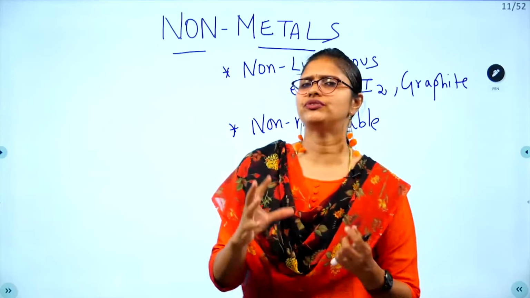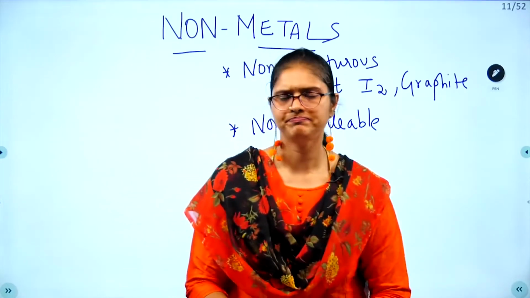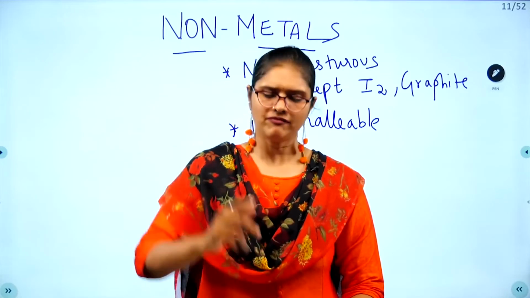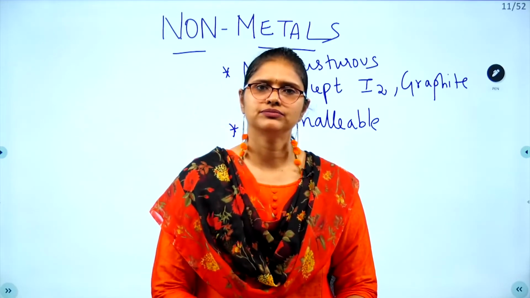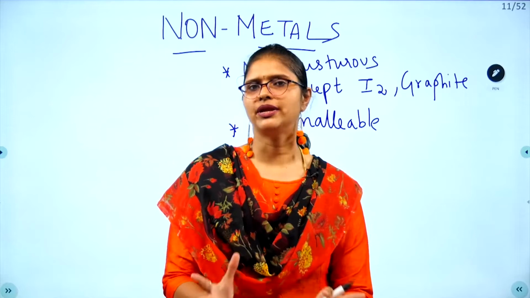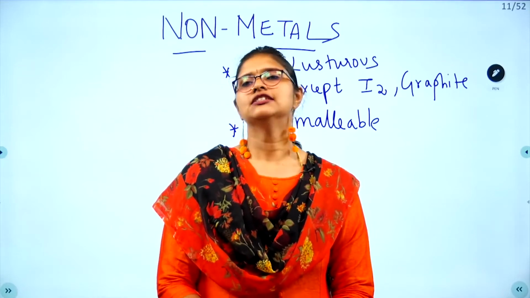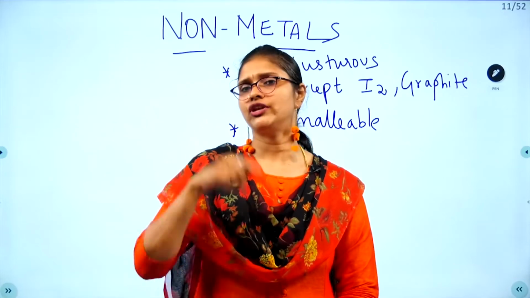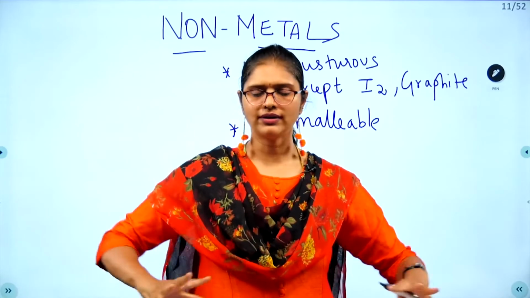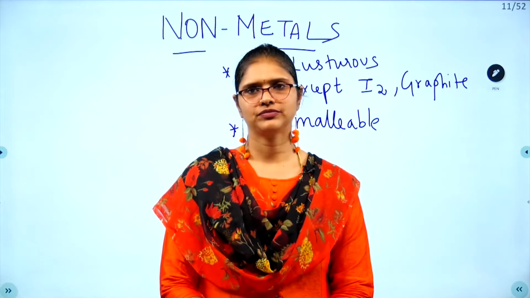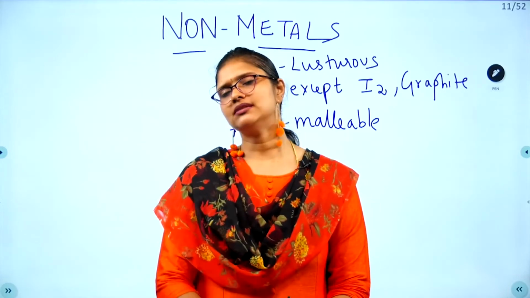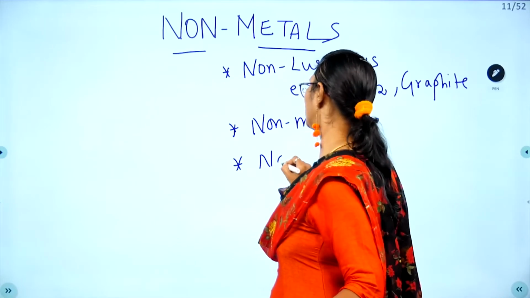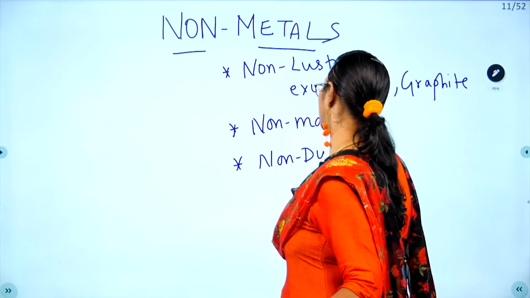So now I am going to take a lump of sulfur, okay. Lump of sulfur means the sulfur, and I am going to keep it here. With the help of the hammer, I am going to hit it. So what will you observe? It will break into pieces. Okay, they are non-malleable. But you saw in metals what happened? When you hit with the hammer, it becomes a thin sheet. Okay, so non-metals are non-malleable. They are non-ductile. You can't make it into wires, right? It will break.